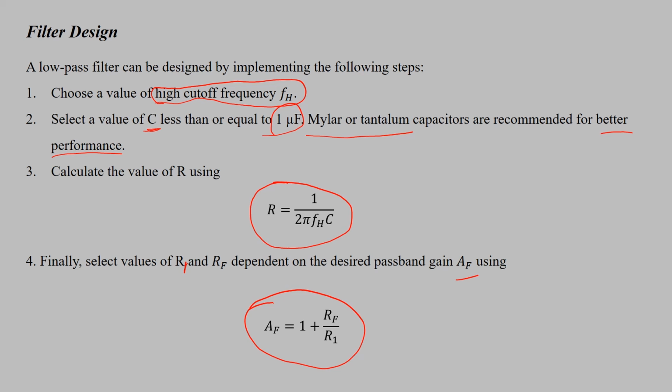So we are choosing the capacitor first because variable capacitors will be quite costly, while using a variable resistor it will be okay as far as cost is concerned. So we first select the capacitor. We can first select the resistor and then calculate C from this formula, but that will give me a much costlier filter.